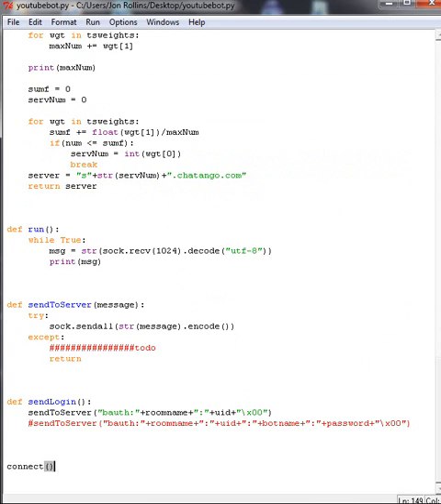Oh, we forgot to write our ping method. So, send login, define ping, and then we're going to